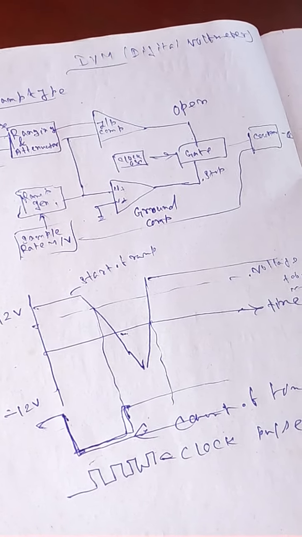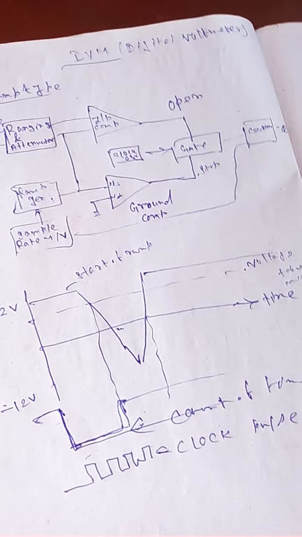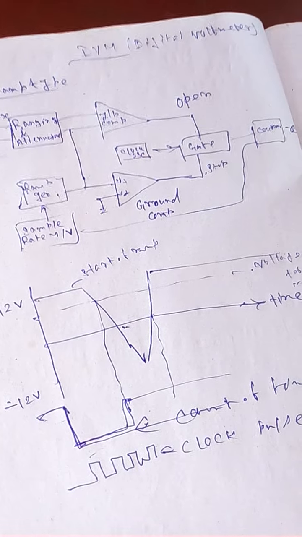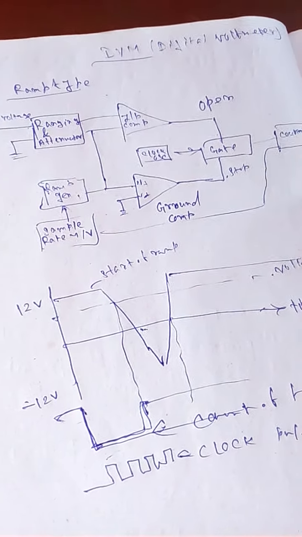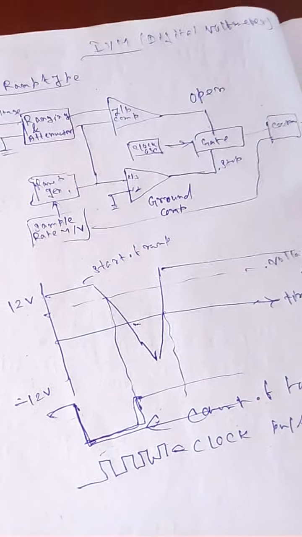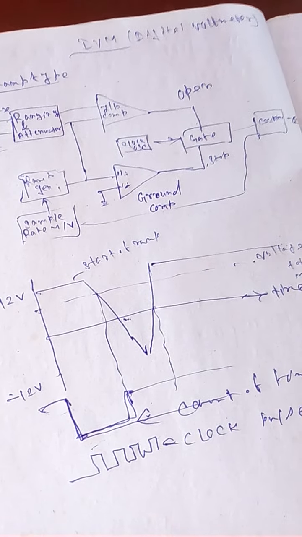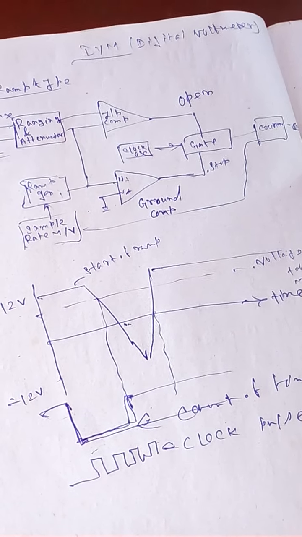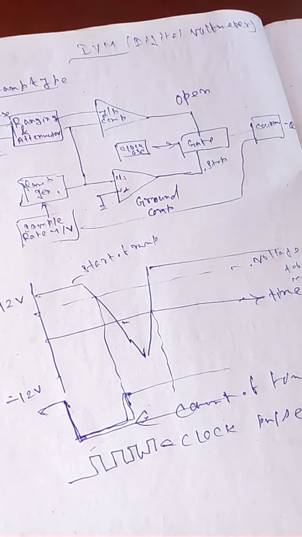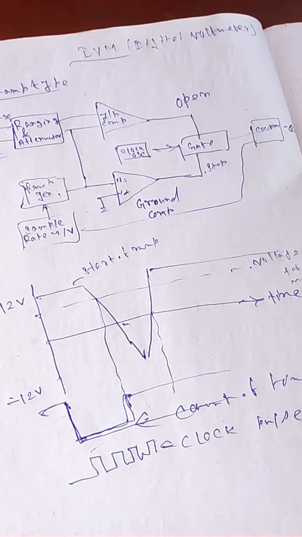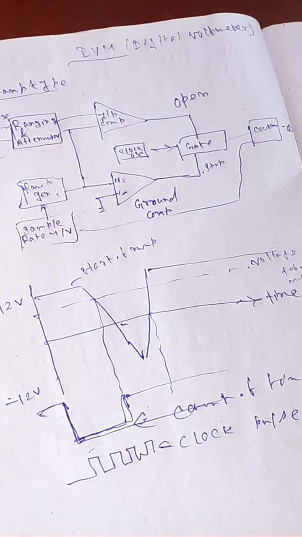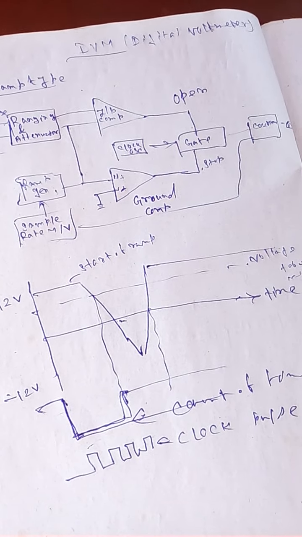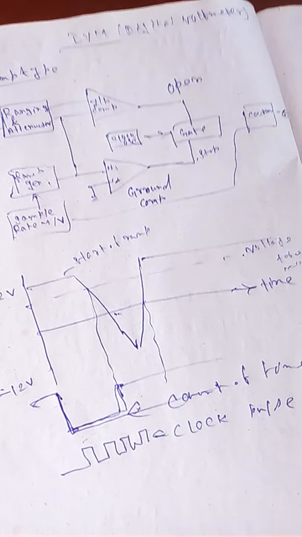So that is the fundamental operation of the ramp type digital voltmeter. There are some advantages and disadvantages also. So what are the advantages of this type of digital voltmeter? The cost is low, the design is very easy, and the output pulse is transmitted over a longer cycle, so it is a simple circuit. But there is a disadvantage: large errors are possible when noise is superimposed on the input signal. So an input filter is usually required for this type of converter.